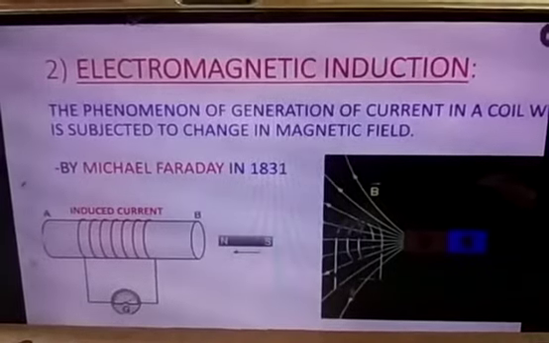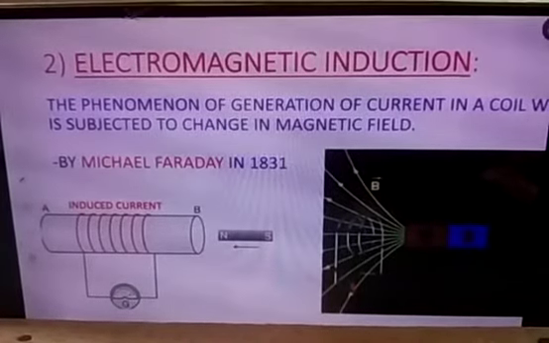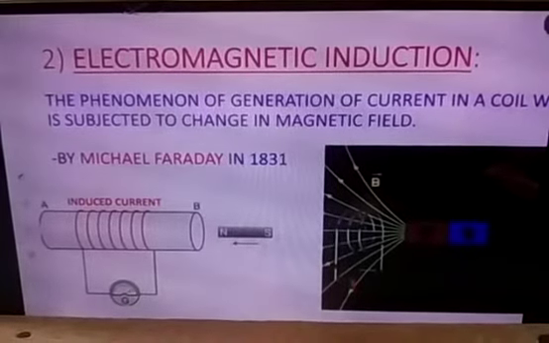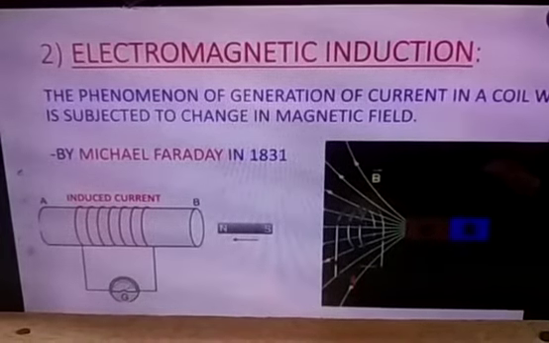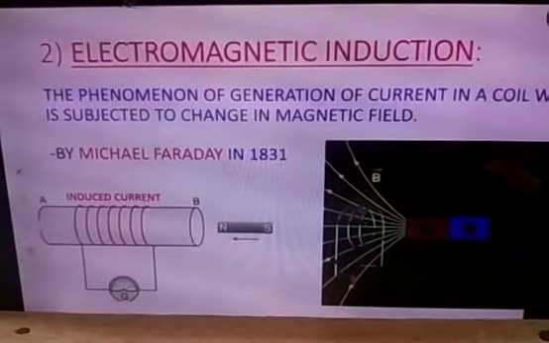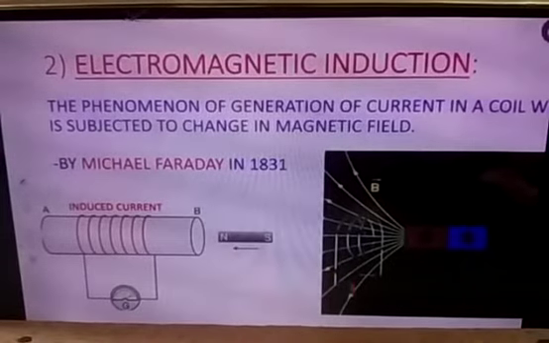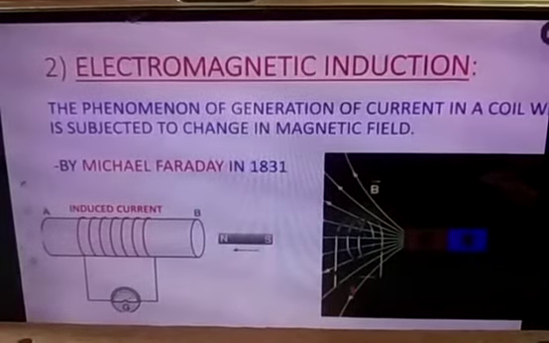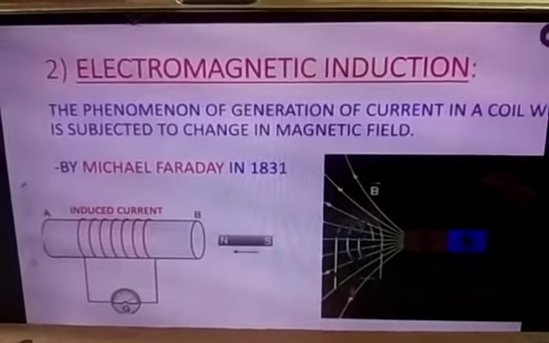From this, what are we going to do next? Till now we learned that from the magnets, that is if we pass the current, we can get the force. Now here, electromagnetic induction means from the magnets we can produce electricity. That was from the electricity we were getting the magnetic field and producing the force. Now here with the help of a magnet we can produce electricity. That is the topic here, that is electromagnetic induction. Electromagnetic induction means we are producing the electricity with the force of the magnet.